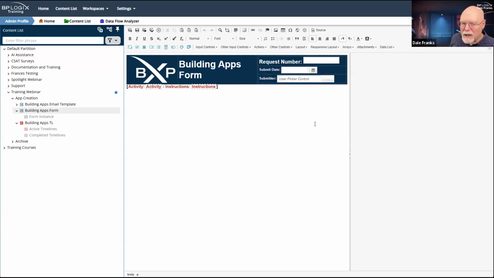Before we place any of those fields on the form, let's talk about how we're going to group our form fields and how we're going to lay out our form. What we're going to do is use section controls. And the reason that we're going to do so is because we want these separate section controls on the form